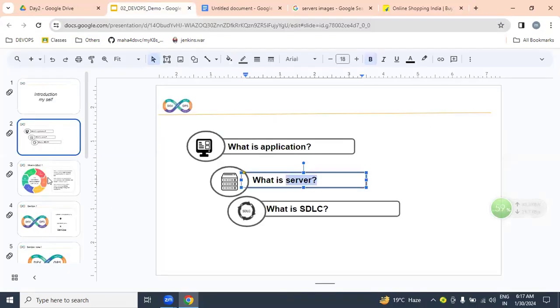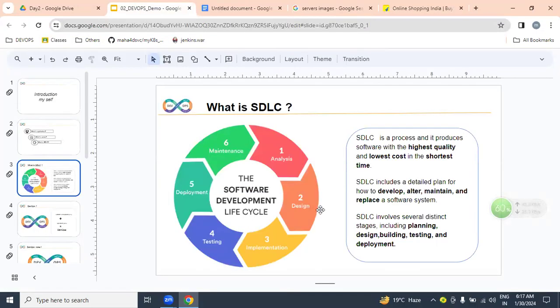But what about SDLC? SDLC is the software development lifecycle. In SDLC, we have several stages like analysis, design, implementation, testing, deploy, and maintenance.